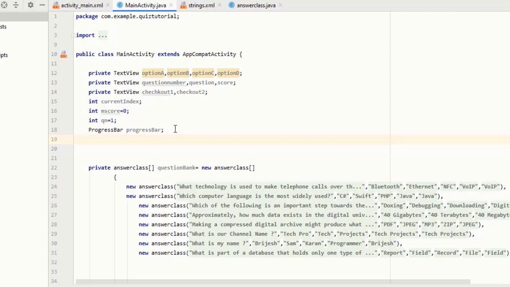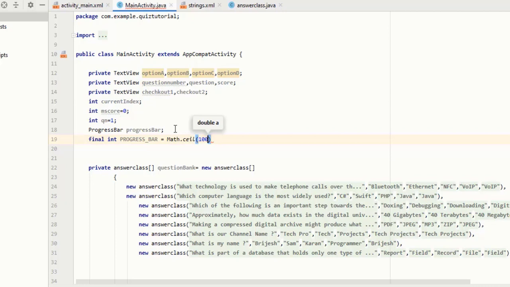So I type final, because I want no one to change the progress bar value after this. I declare it final, then int, then in capitals type your variable name. I type PROGRESS_BAR equals. Now I am going to use the Math ceil function, which returns the ceiling value. So I type Math.ceil, and inside this I have to pass the total length of the progress bar. As you already know, the total length of any progress bar is 100.